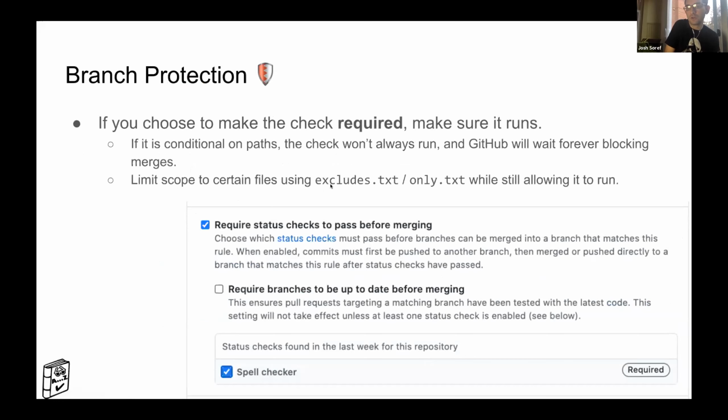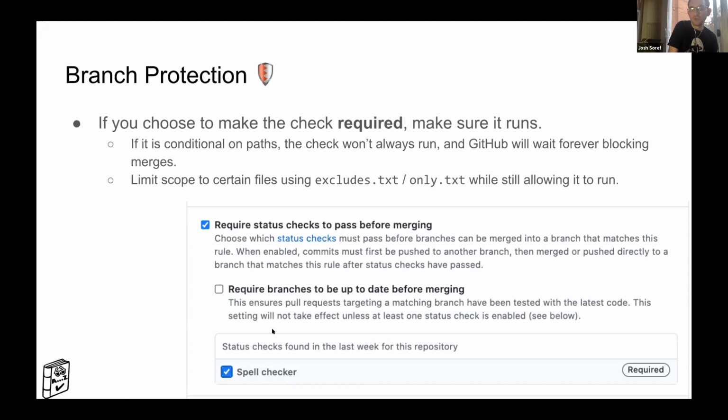Now, there are two main ways to ignore files. One is excludes. Recently the test files were added as a pattern to exclude so that the bot will ignore them entirely. It is also possible to use only to say, the only directory I care about is, for instance, a docs directory. It would first apply the exclusions, and then it would say, oh, well, the only things you care about are in docs, and I will only check those.